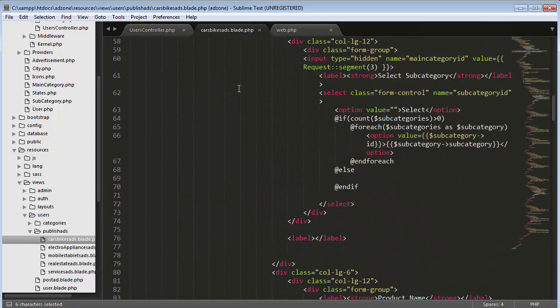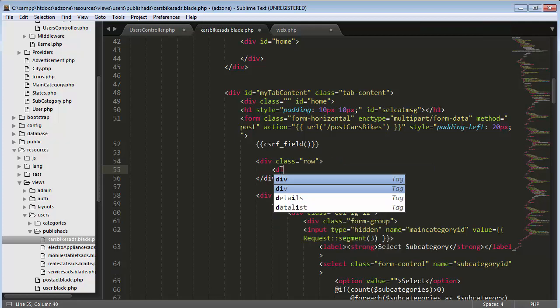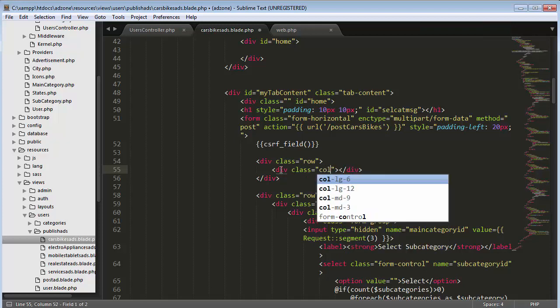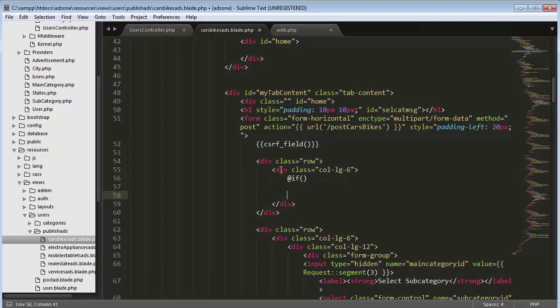and I will come here above the row, and then I will create one more row div with a class of row, and inside it one more div with a class of 6 column. Okay, and then if count of errors, if I have some errors, then I will iterate those errors for each,